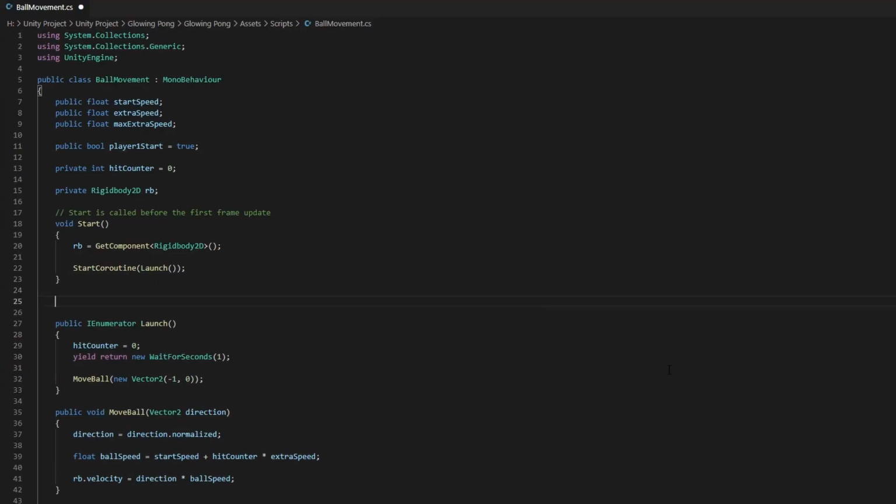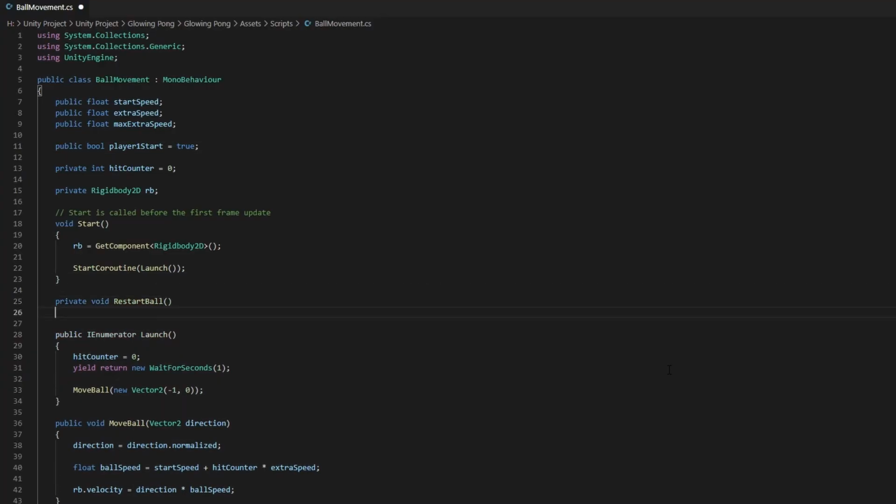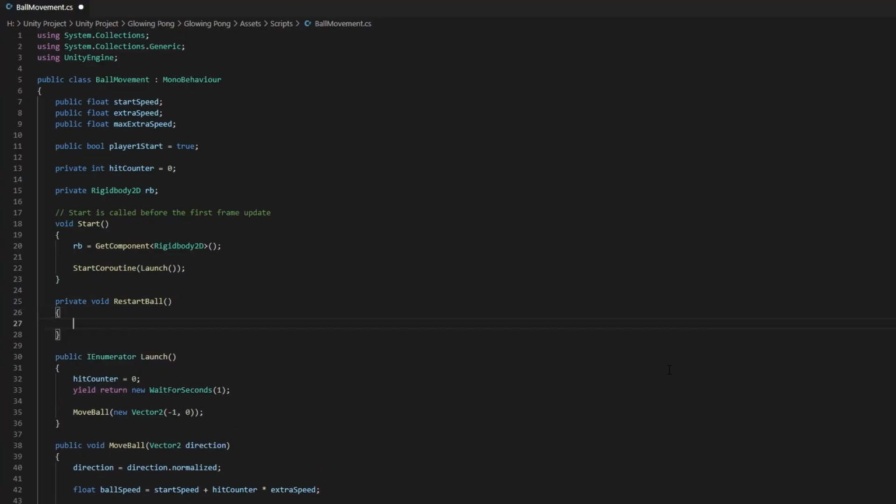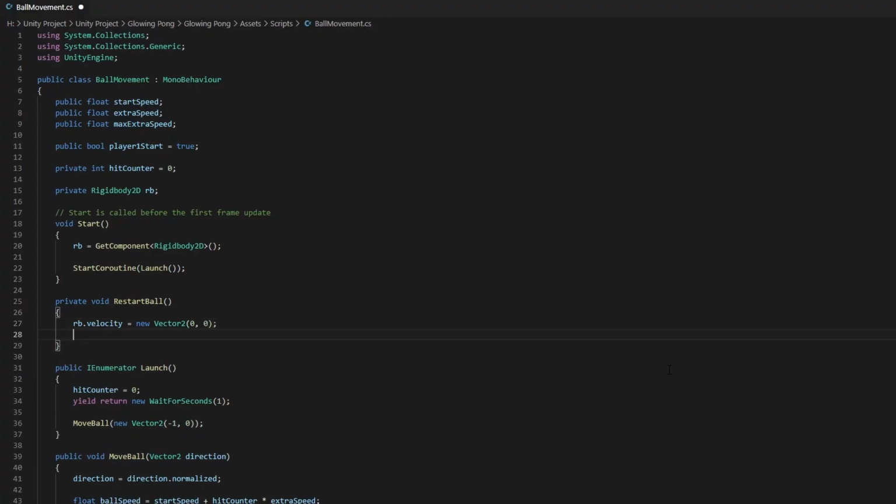Next, below the start function, let's create a new private function called restart ball. This function will be called whenever a player scores a point. So firstly, we want to stop the ball from moving, so rb.velocity equals to new vector 2, and we will give a value of 0 for the x and y coordinate.